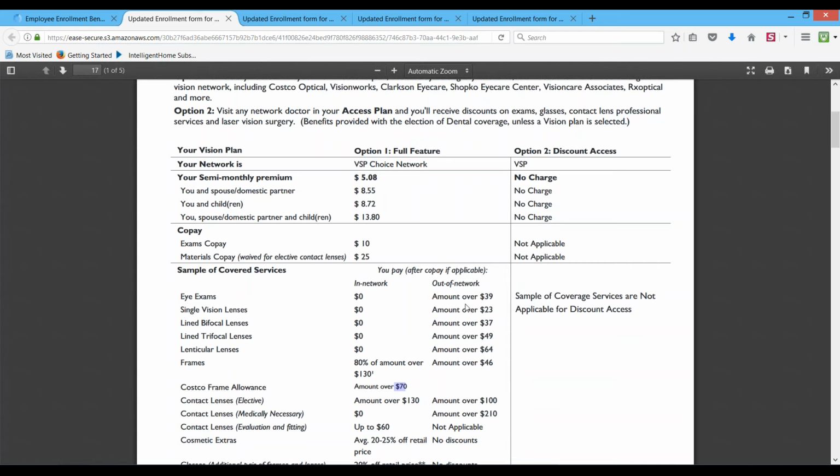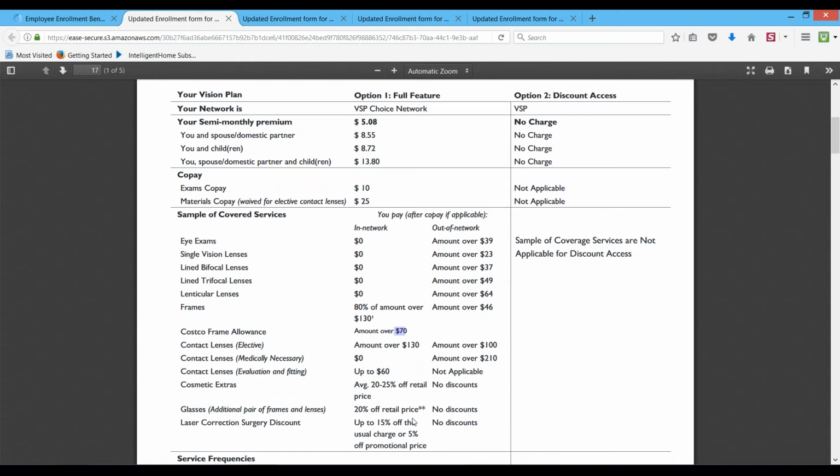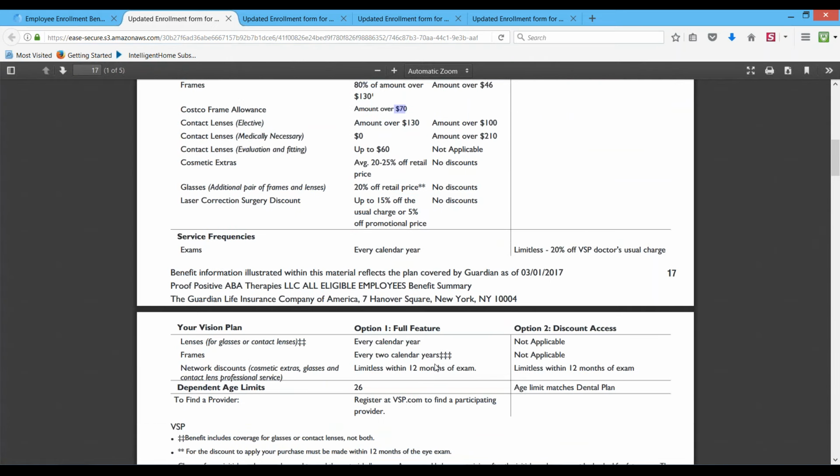Now, let's say that you want one pair of glasses and you want a second set of frames. No problem. VSP allows that by giving you a discount on the second set that you get of usually about 20%. You can see it right here, 20% off retail price. Okay, so let's look at what we got here in terms of the different things that you can get. The key to most vision plans is to figure out how the benefits work. You get exams every calendar year, you get lenses every calendar year, and you get frames every 2 years. If it turns out that the vision plan gets extremely popular, maybe we'll change the frame benefit over time so that we can do this every year.